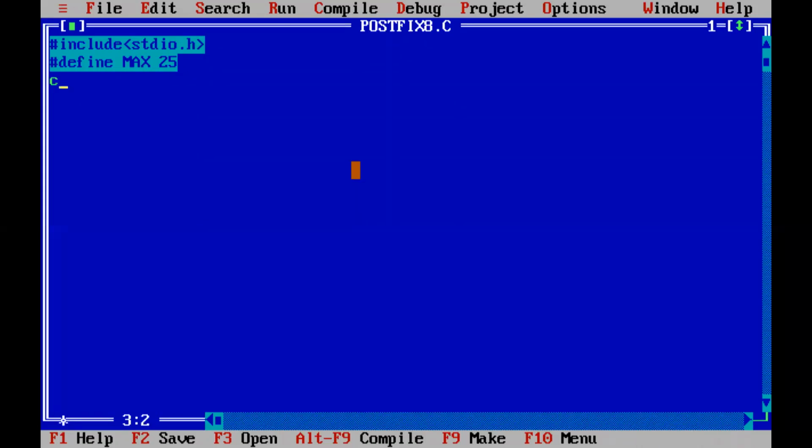You will be declaring a character array called stack, and the size of that is defined by this max. And you can declare one variable called top, which is initialized to the index number of the first element in the stack, wherever we are using the stack.